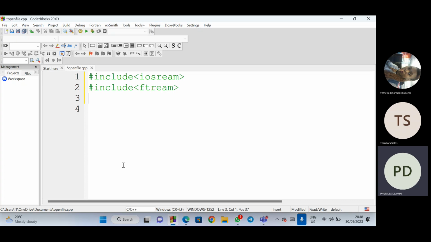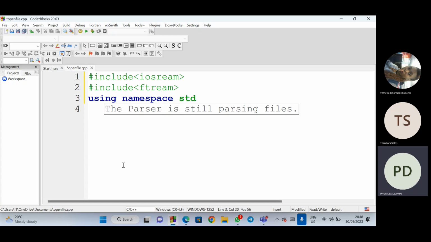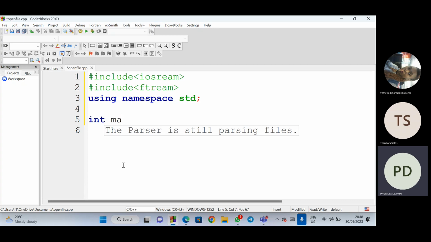So when you have this one, if in your program you're still going to use cout and cin, you can use using namespace std, but only if you are going to use cin and cout. Probably here, I'm just going to use it in case I'm showing you some other things. Then in your program,